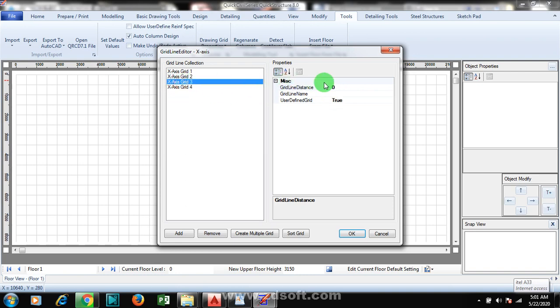Now at grid 3, it's not going to be 38030, it's going to be 3830 plus 3830, which is 7660. At grid 4 it's going to be 3830 plus 3830 plus 3830, which will give me